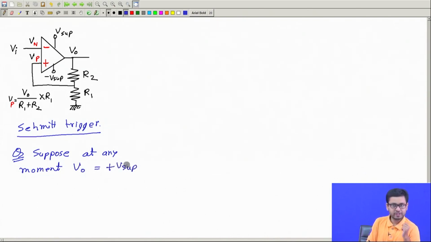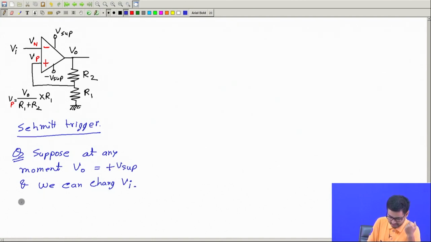VO can be either plus V supply or minus V supply. So let's assume VO is equal to plus V supply at any moment. And we are changing the input, we can change the input. Okay, so we can change Vi